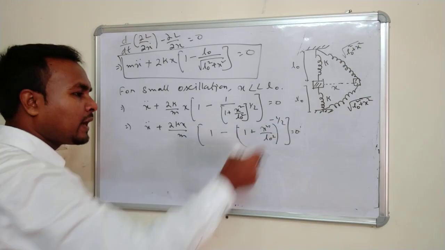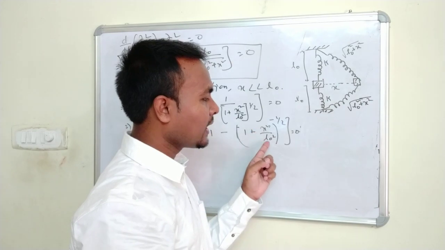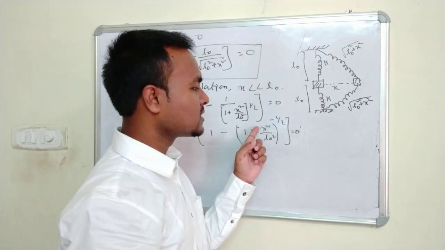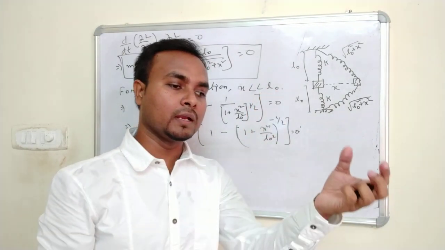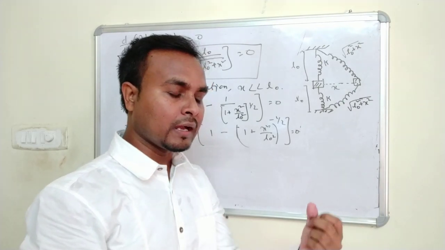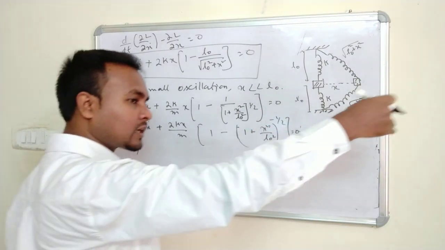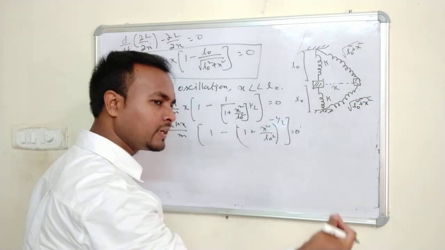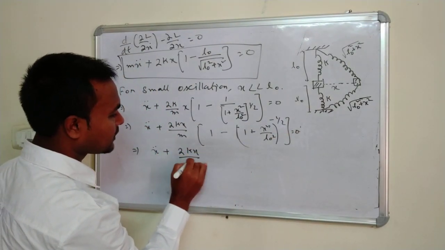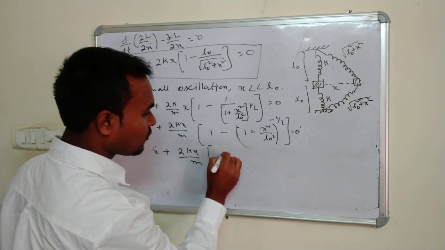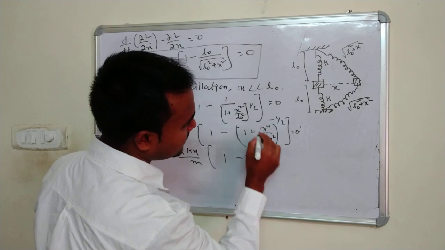Clear? If I expand it binomially, x square divided by L0 square, since x is very less than L0, the x square term is less than one quantity, and if I square it, it will be even less. So the higher components will be very small, so we can omit those components. So x double dot plus 2kx upon m, 1 minus 1, it will be minus 1 minus 1,